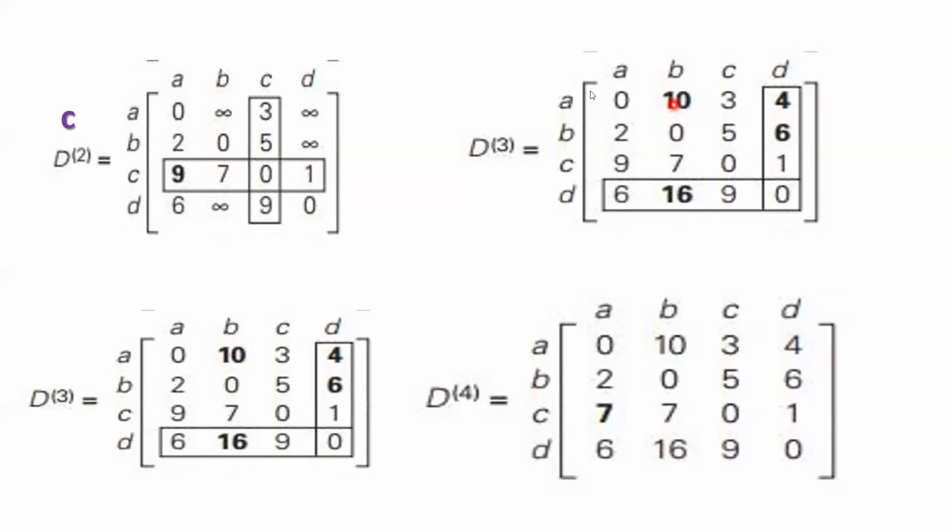Okay, at this point of time you must have to consider only this matrix. You have to forget all the previous matrices. You shall not consider them at all. At this particular stage you have to only consider D2, not the previous matrices.